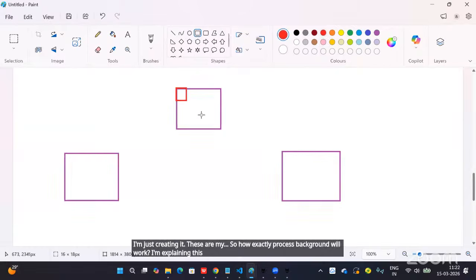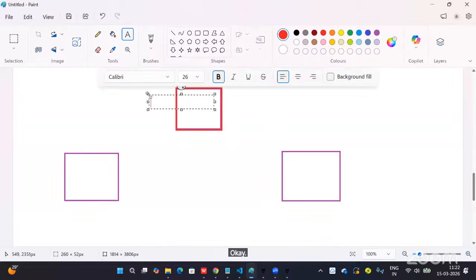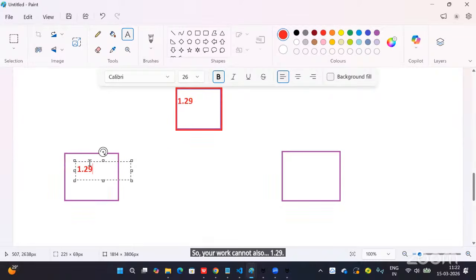This is important. Your control plane is, for example, 1.29, so your worker node is also 1.29. Focus everyone, how this process is working, I'm explaining now.